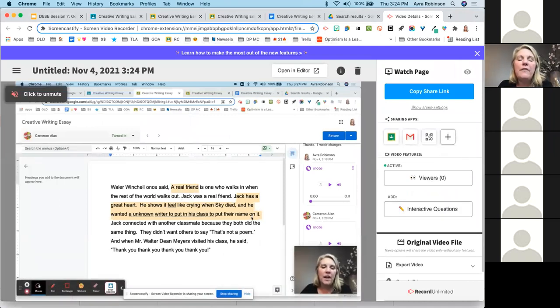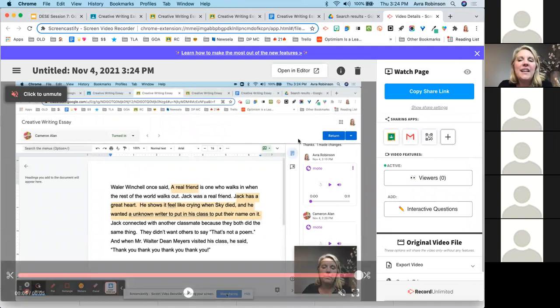What I've found when I've done this before is that kids can watch the recording as many times as they want. I had to teach my kids to pause the recording when I would say, hey, increase your font size on your title. So pause the recording, then go over and make your changes in your document, and then come back and keep watching. I got some wonderful parent feedback as well from this, because kids could watch the videos at home,